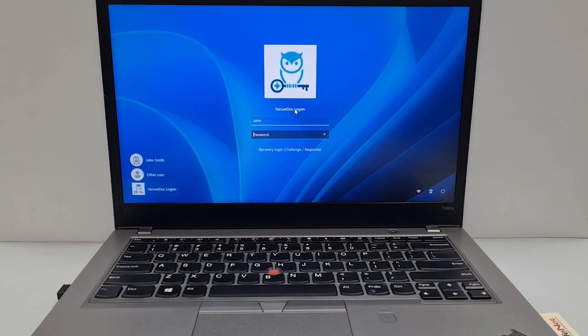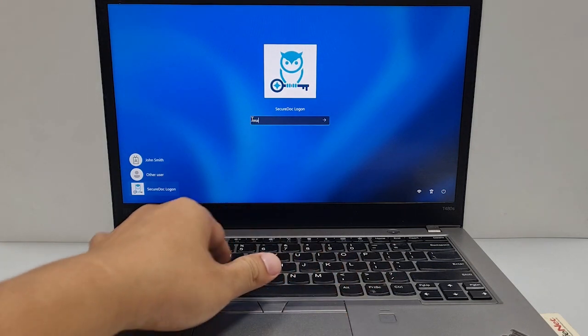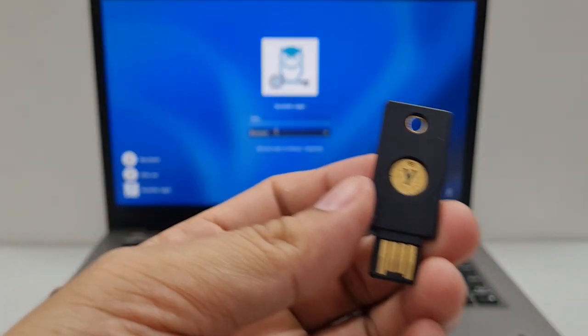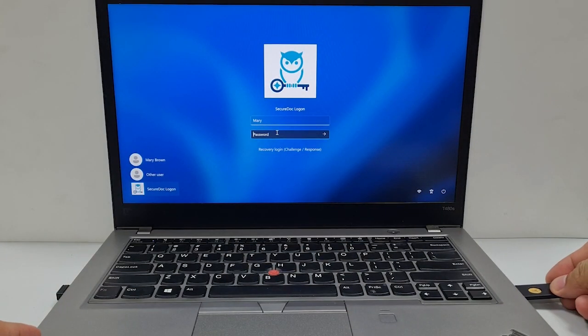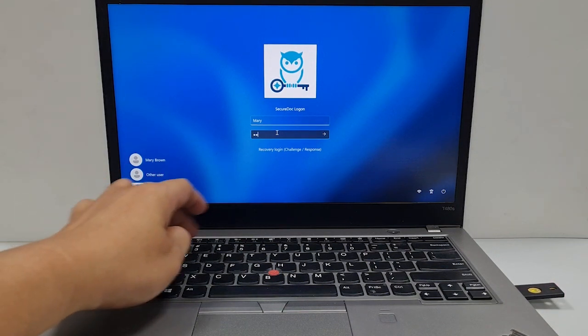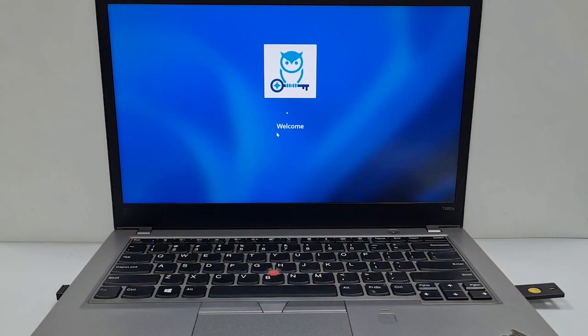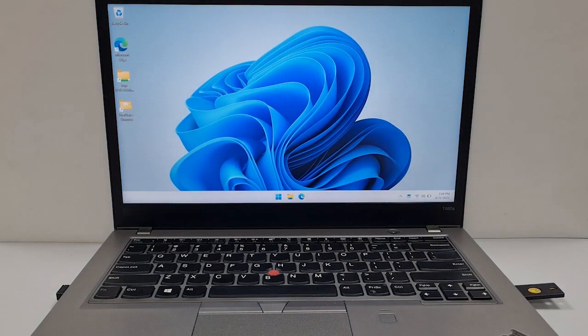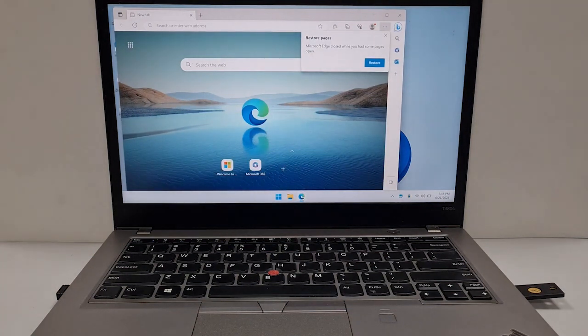To demonstrate the support for multiple users using the same device, the next user will log into Windows using an incorrect smart card. An error appears. When using the right token, in this case the YubiKey, the user will be able to log into Windows and into the desktop. And now, since the user is logged into this device, a new user and device identity is created. This makes sure that only the authorized user logged into their device can access their online application, in this case,